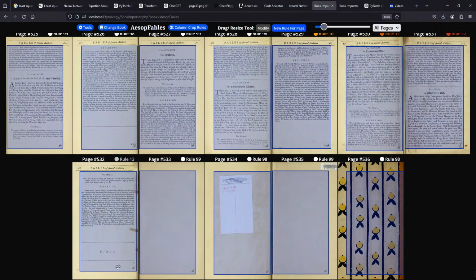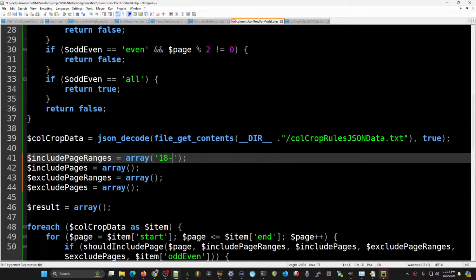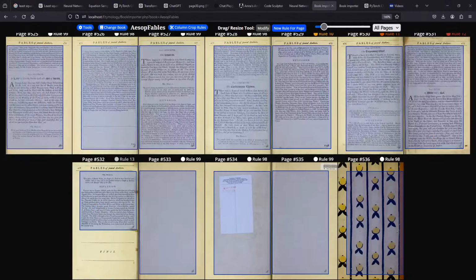Okay, it finished here. I'll get back to that point. But it's 18 to 532. So we'll just put that in here before I forget. Okay, but my point is if you have, let's say, a billion records that you're trying to sort through and process, and you have a model that you're trying to train,